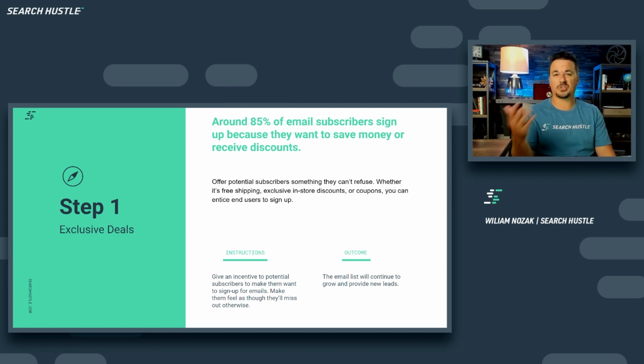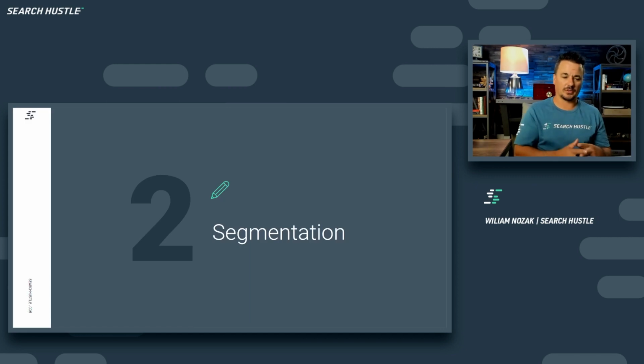We can put tracking codes on these things and we can know what the ROI is on our automated email processes and how much time we invest in those things. We can look at return on ad spend, return on marketing, these ways. The more things that we manage and look at and collect data on, the better we'll be about making sure they're effective. So the email list continues to grow with exclusive deals. Offer exclusive deals in email, and that's just a good way to grow that list.